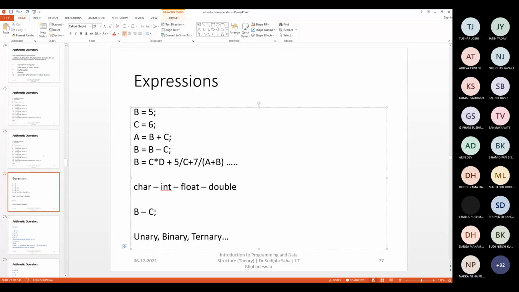Can I make sure that, say D is a float value, 5 by C will be correctly done in that case?